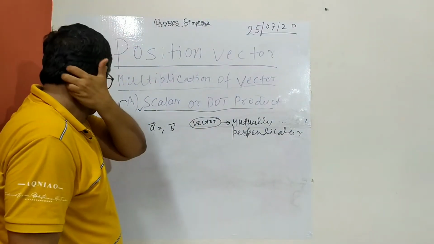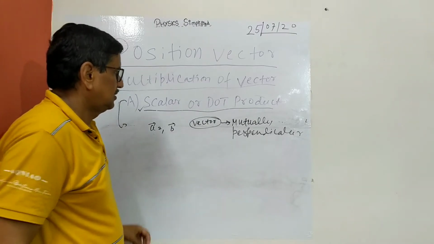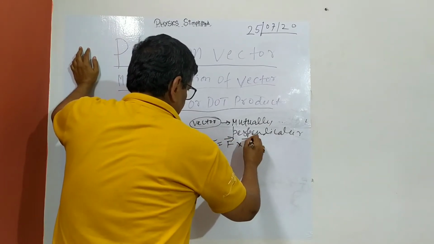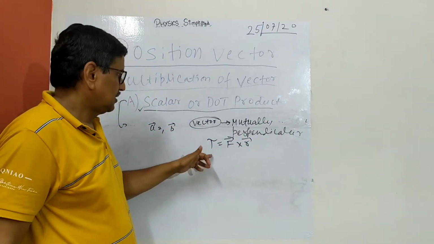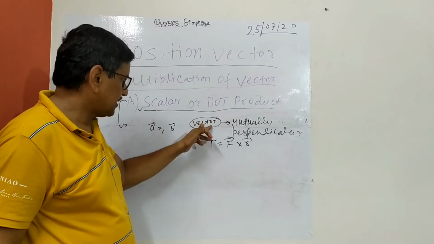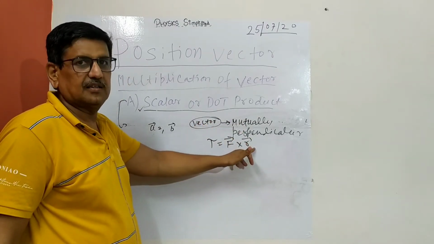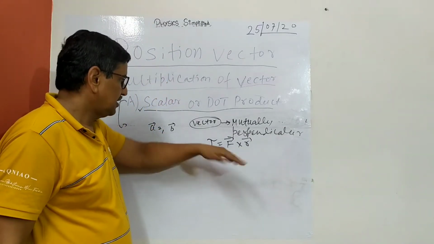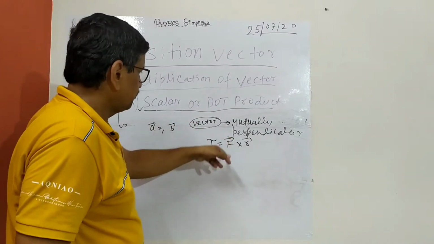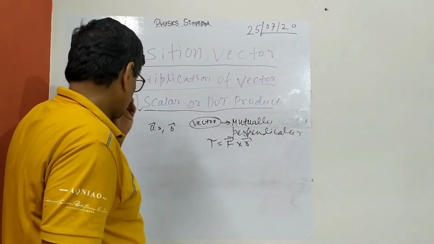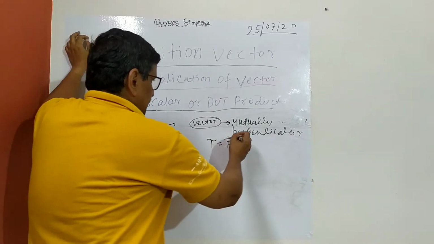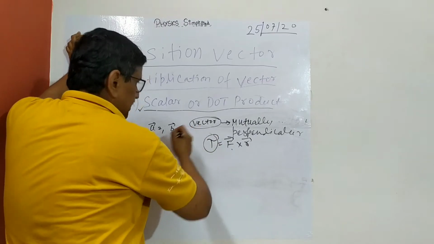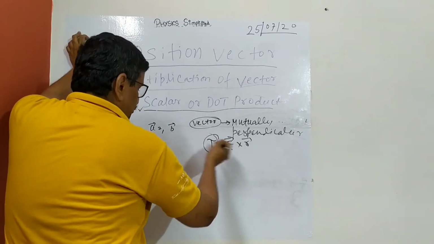So here the cross product will come into play. We'll go into detail. Like, suppose torque is what? F cross R. So the direction of torque will be what? Again the vector which is mutually perpendicular to both F and R. So I'm just giving you an example so you'll be aware, you will think over it. So cross product is very useful to give the direction. If the two vectors are F and R, and you want to know the vector perpendicular, that is the direction of the torque. So what will you do?